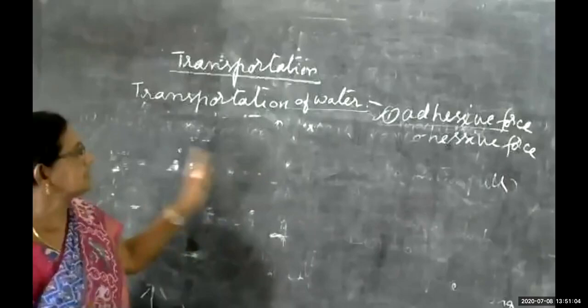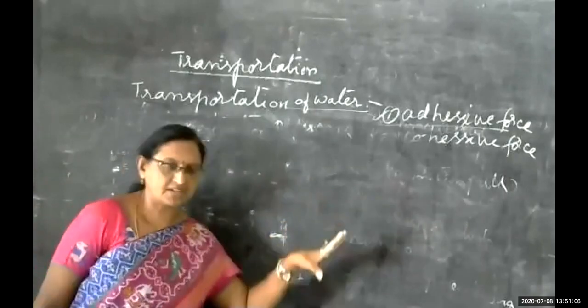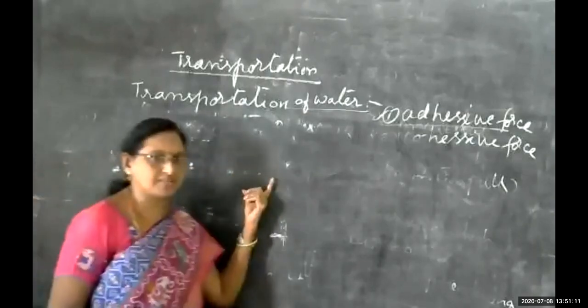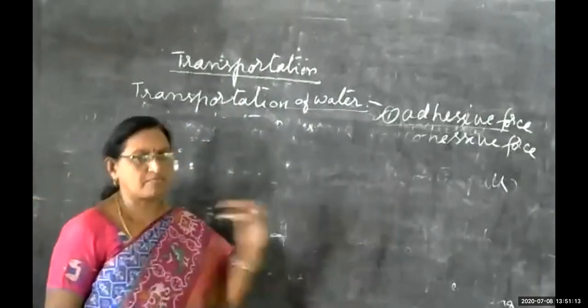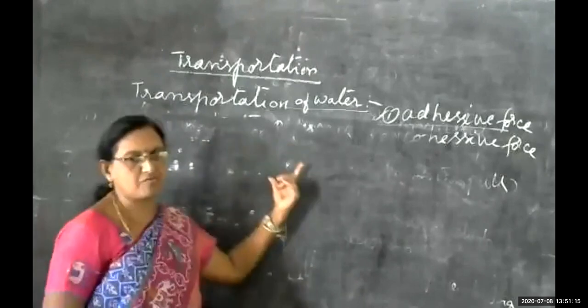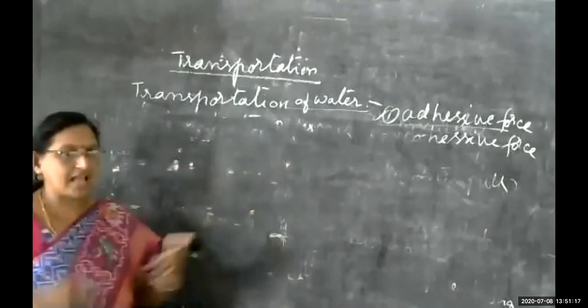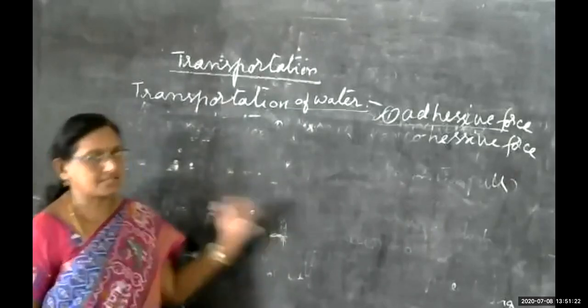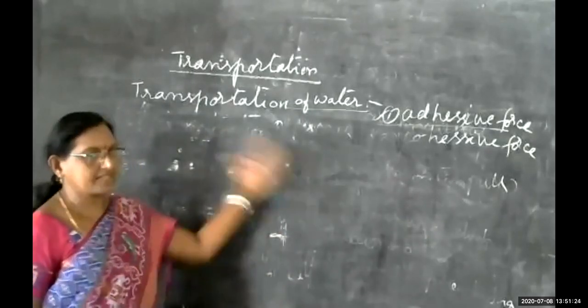So total transportation of water depends upon 3 steps. The first step is absorption of water and minerals, the second step is upward movement of water and minerals, and the third step is the transpiration process. Okay, so there, children,